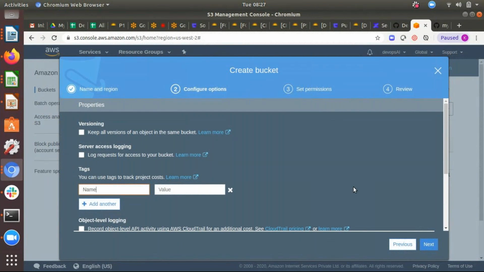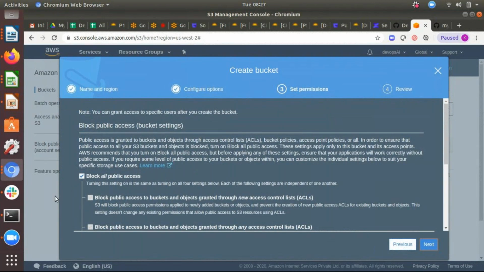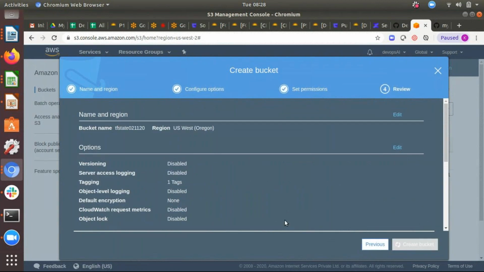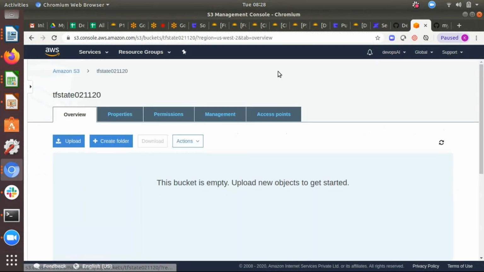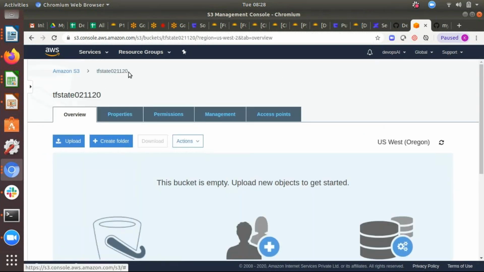Name you can give tf state file. Next, create bucket. So the bucket has been created. This is the name of the bucket. Okay, I can take it from here. Copy the bucket name